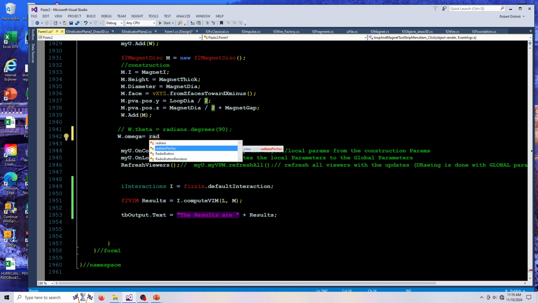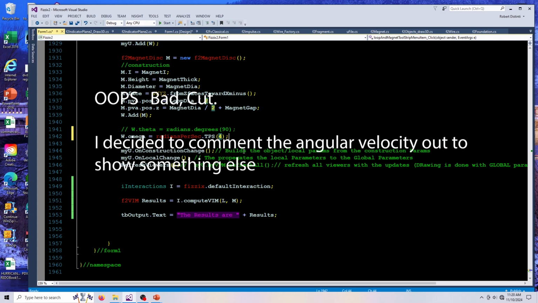Radians per second, dot, and we're just going to do rotations per second. Rotations per second and turns per second are the same thing. 4 turns per second, which is what we typically do with the physical experiments. Okay, now that the frame is in rotation,